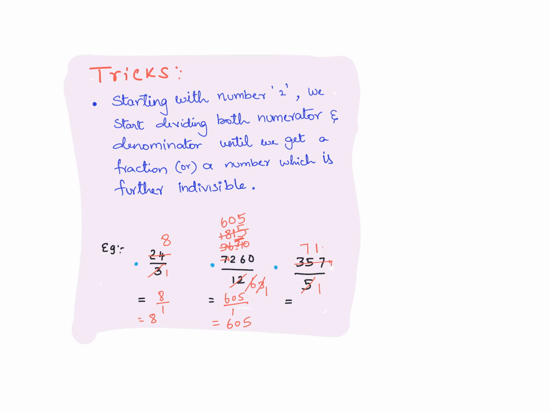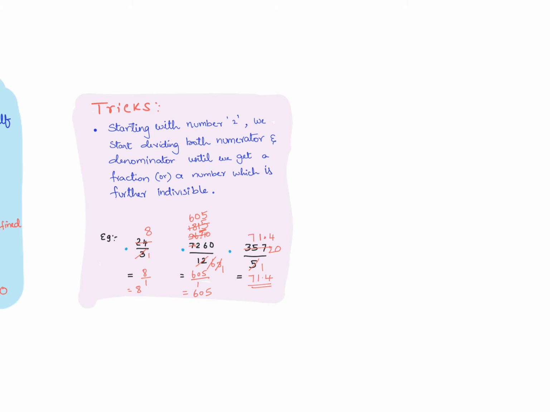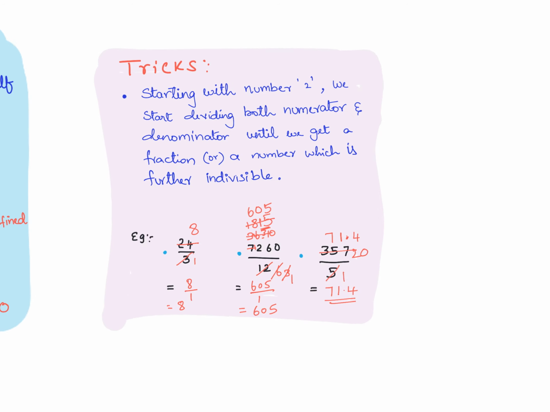balance 2. So what we need to do here is, so 2 means we can keep here point, we can add here 0. So in 5 tables 20 how many times? 5 4s are 20. We are getting here 71.4, a decimal value. This is also an alternate method of solving division or cancellation method. I hope you all understood division methods.